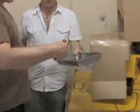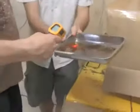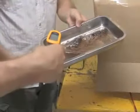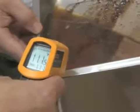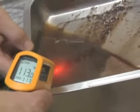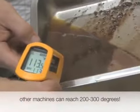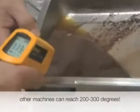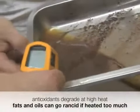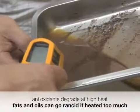So this just took 15 minutes to press. We've got butter right here, cacao butter. And here we're shooting in the middle of this. 111. I'm going to shoot again. Three's a charm. So that's our pure, raw, and actually source verified raw cacao butter, the only available on planet Earth as we speak. We've just opened up the press, and here we have,